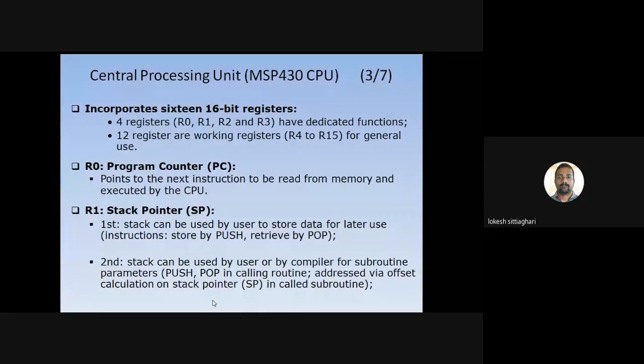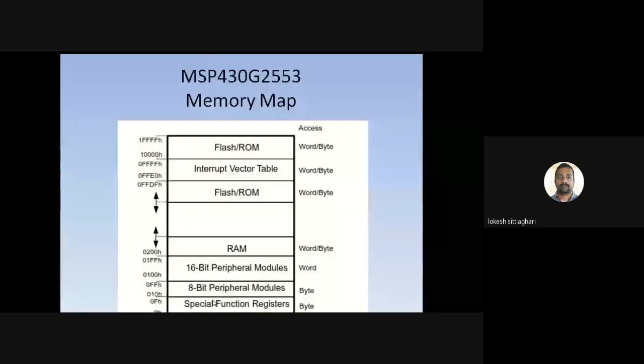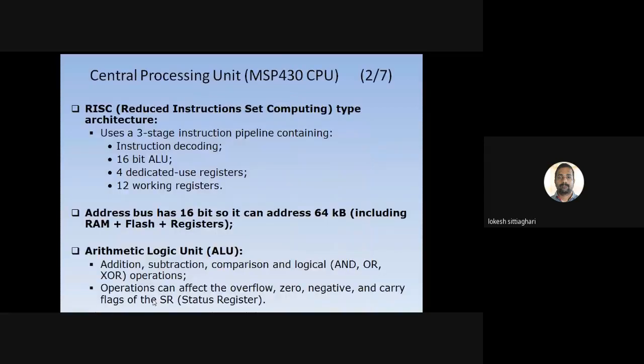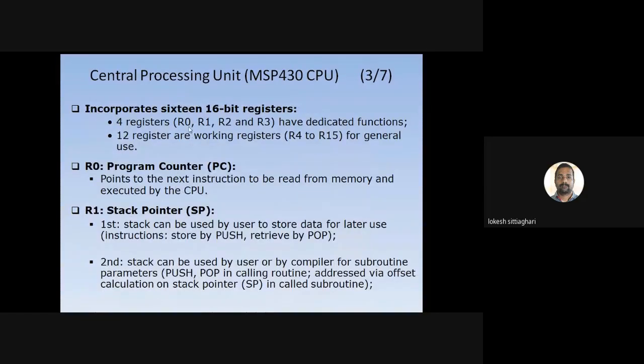So here we have special function registers, from 0 to 15. Among these 16 registers, 4 have dedicated functions, whereas the remaining 12 work as general purpose registers. The registers are indicated by using R with numerals.